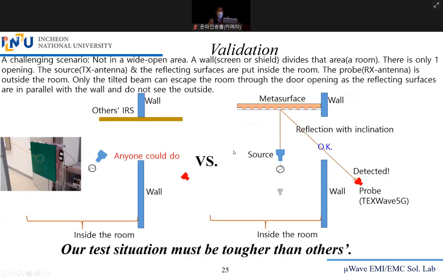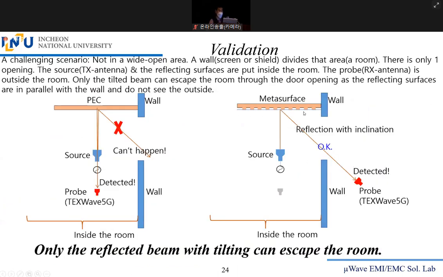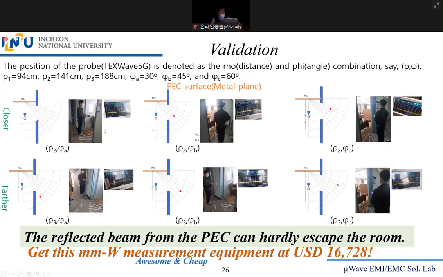So my scenario is this. I put the metal surface like this. It faces the source antenna like this. The source antenna doesn't have any inclination, it isn't tilted. And the plane of the metal surface is exactly perpendicular to the wall. So if this metal surface is wrongly designed, the energy doesn't go in this direction, outside of the room. This is a door opening. Wall, can you see that wall? The wall is a screen that blocks the energy.